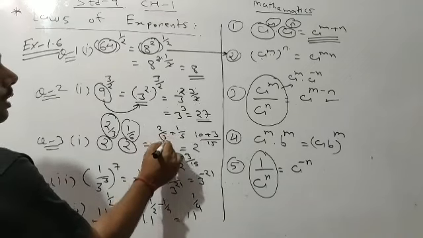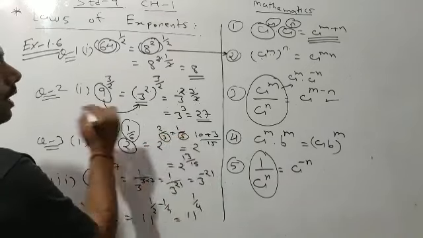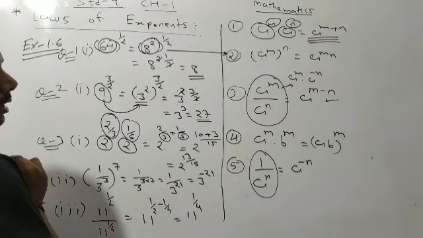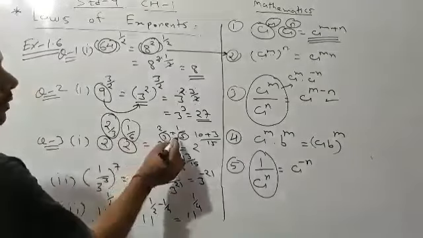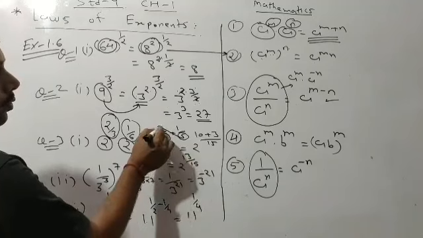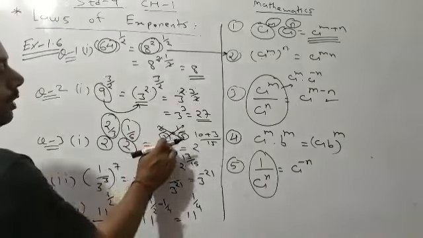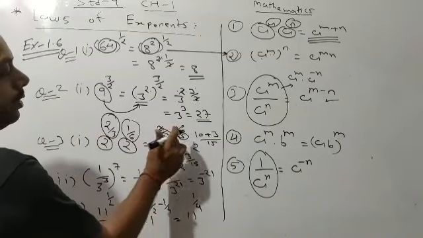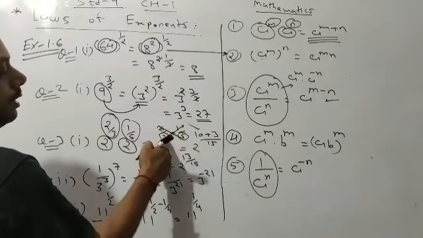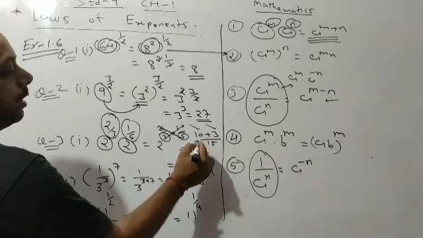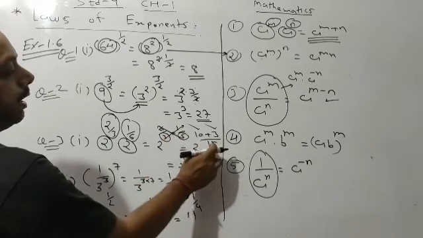Now here the denominator is 3, here the denominator is 5. We know that in the case of LCM, we will multiply this 2 with 5 and 3 with 1. So in the denominator it is 15. So 5 2s are 10 and 3 1s are 3, upon 3 into 5, 15.